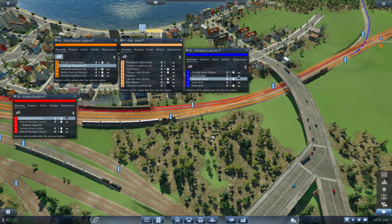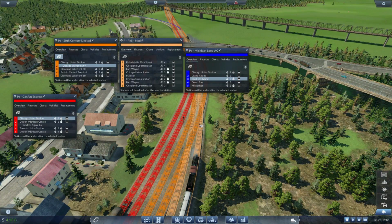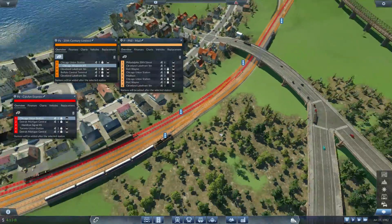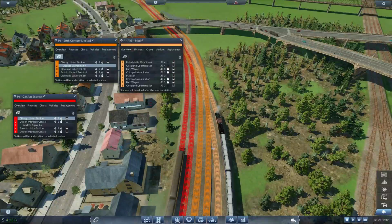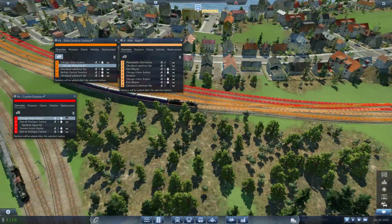Wow, this is taking a while. This is definitely taking a while. But that's the whole point of Transport Fever. It's all about this in-depth detail that we've got to get done. Right, we're happy with this one. That one's okay. Well, we're not all too happy with the other one. So what we need to do...